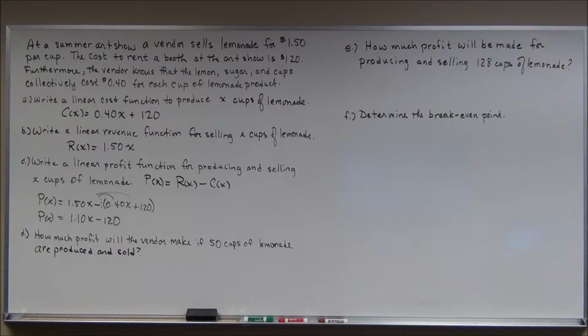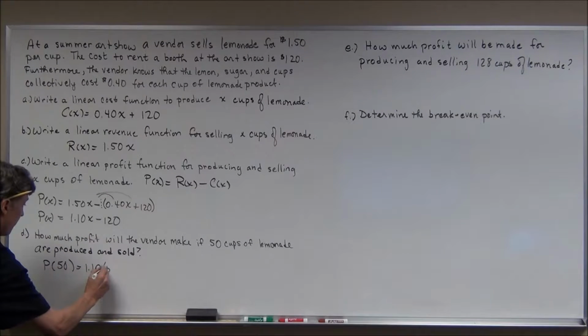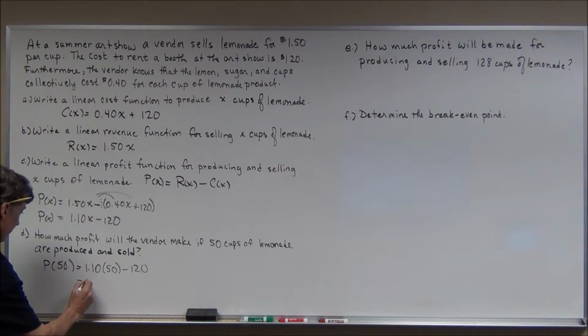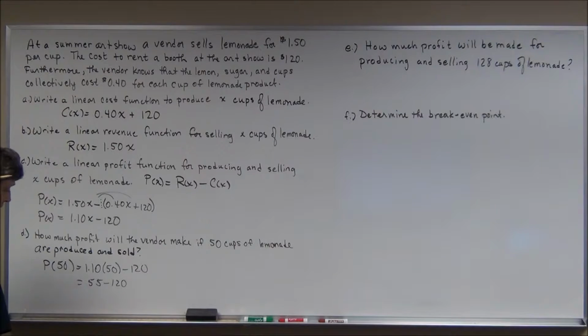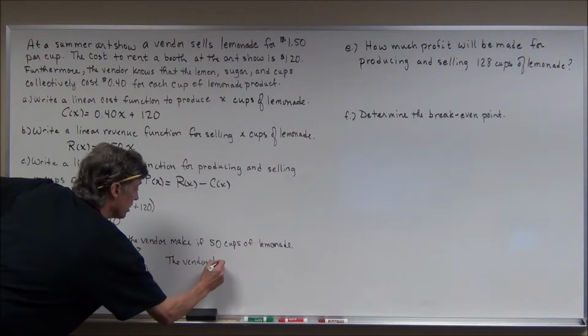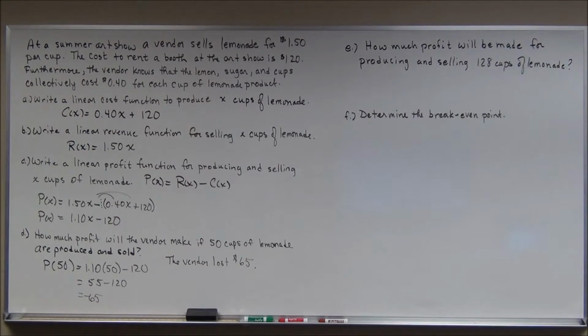How much profit will the vendor make if 50 cups of lemonade are produced and sold? Well, 50 cups isn't very much. I hope he makes some money on this deal. I'm going to find P of 50. So that's going to be 1.10 times 50 minus 120. Well, 1.1 times 50 is 55, minus 120 is negative 65. So the vendor didn't make any money. The vendor lost $65. Not so good. At $1.50 a cup, he or she's going to have to sell a lot more cups